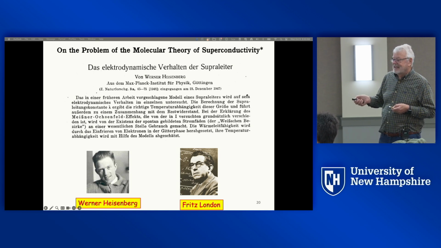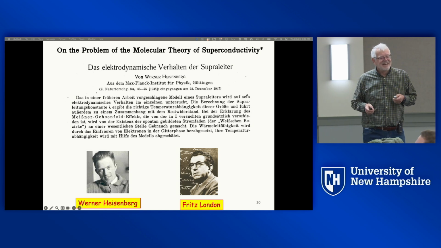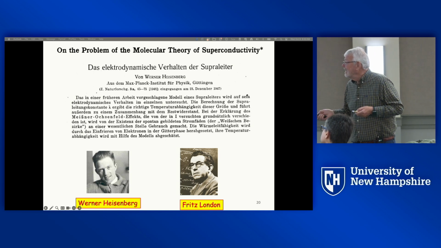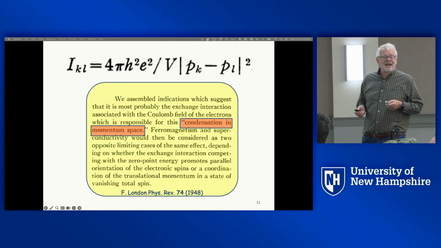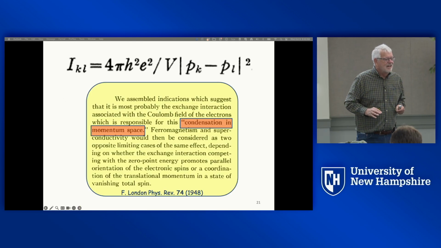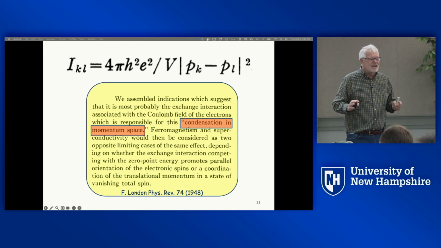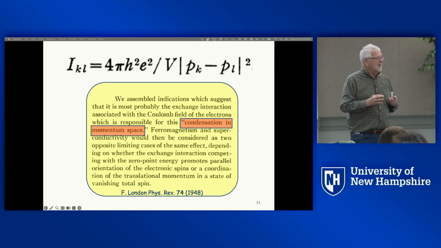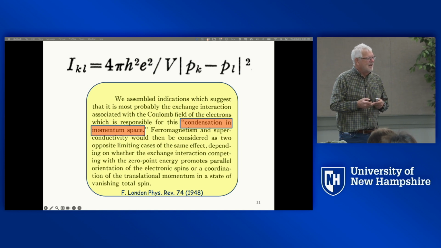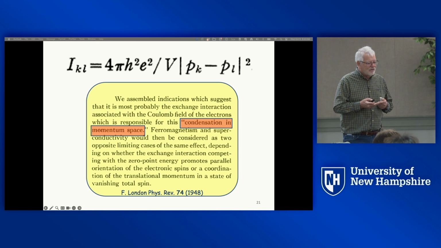The idea that they had was basically the observation that if you have Bloch states that are close together, and they were thinking of three-dimensional worlds, so close together in momentum space, because of the long range of the Coulomb interaction,